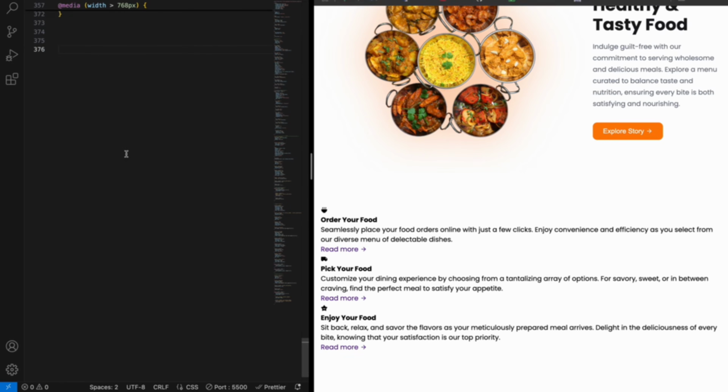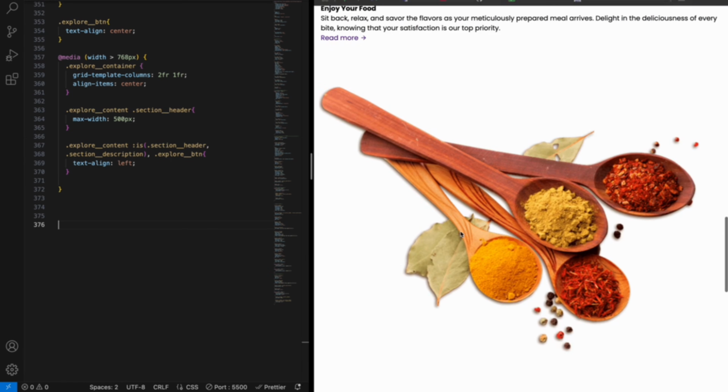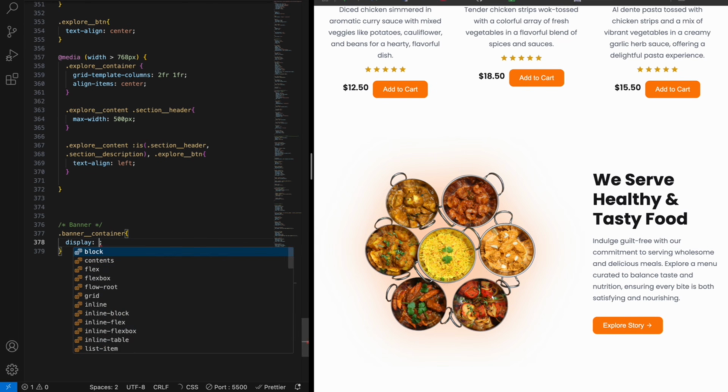So guys, here we have the style.css file, and now we will style this section, then after that this section. Okay, so let's go. We will start with the banner part here. So add a comment that is banner, and then start with the banner container. Banner container, and what we will add is display grid and flex, sorry, gap 1 rem. Then after that start with the banner card,